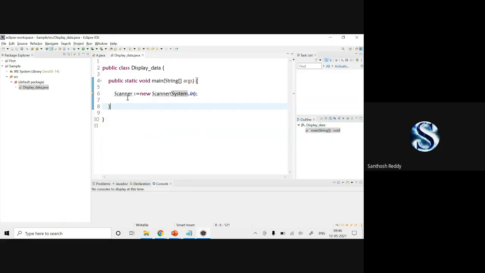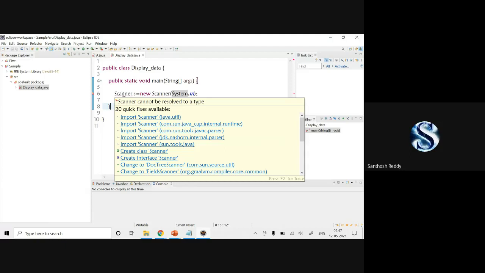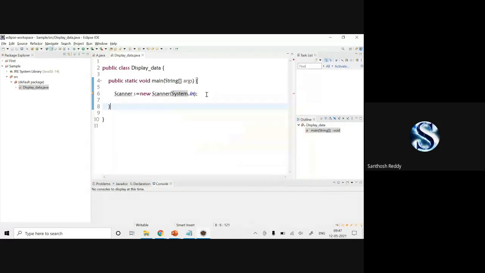Now you can check it out. You have got a red line. We cannot keep in mind all the libraries to import, like import java.util.Scanner, import java.io and so on. So what I'm going to do here is place the cursor here, and automatically you get all the options. In that you select import Scanner, the java.util class. This is one way.